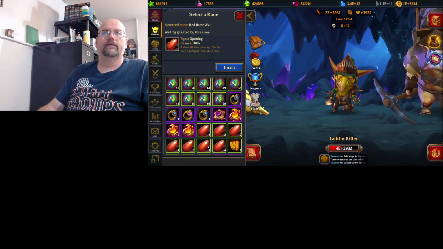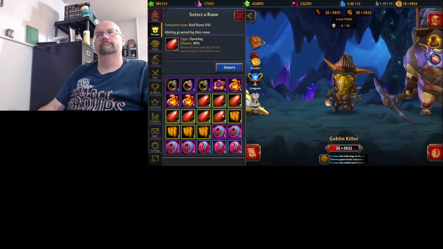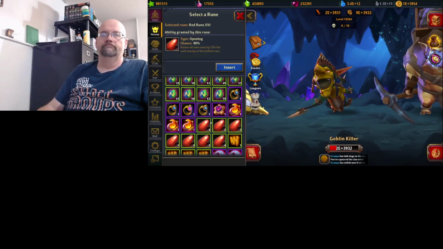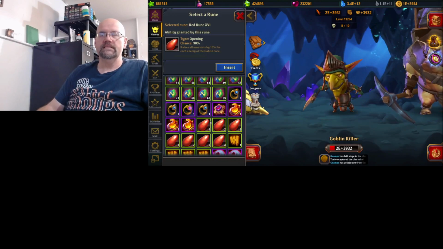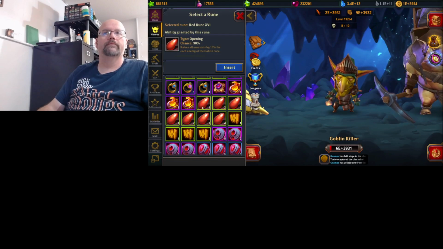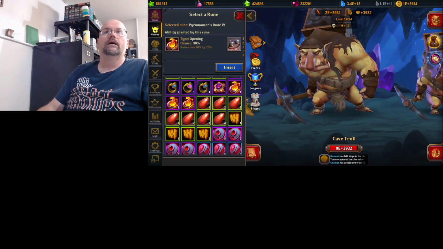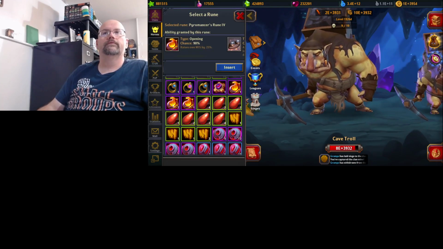But during that, you can also get some of the cooler runes like Defender, Sneak. You can get those, but the problem with those is that they're only 90% as opposed to the main ones that are 100% effective. And then here's some of the pyromancer runes,